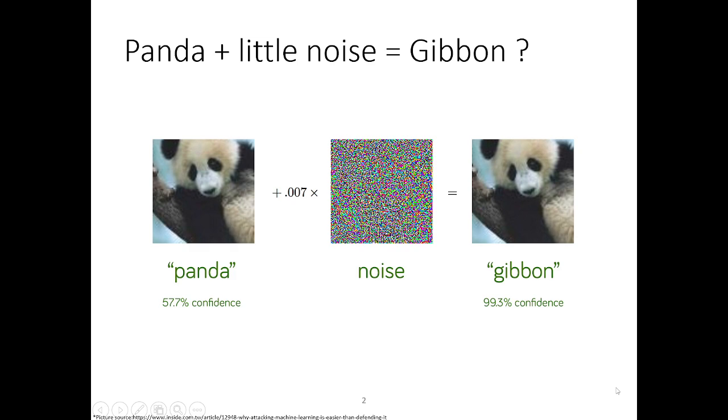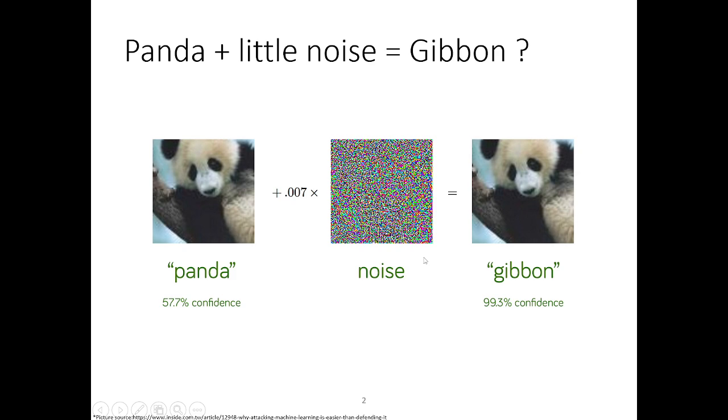For evasion attack, we said we can add some very small noise to a picture, and we can mislead the machine learning model to make a wrong